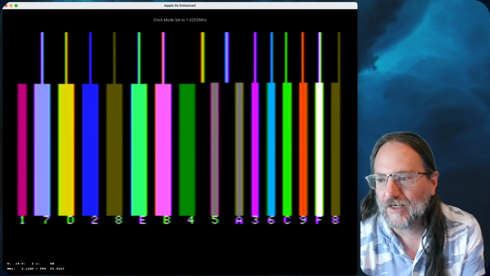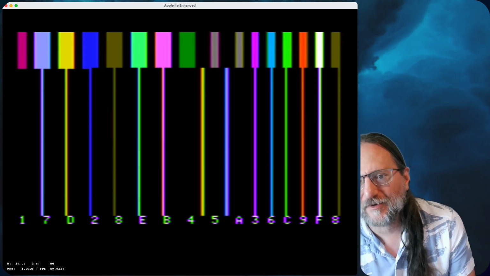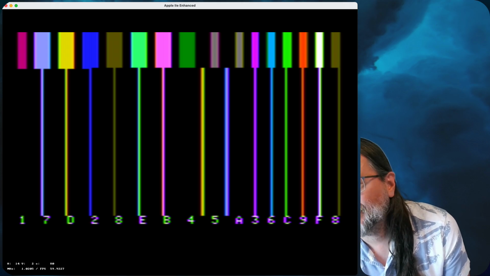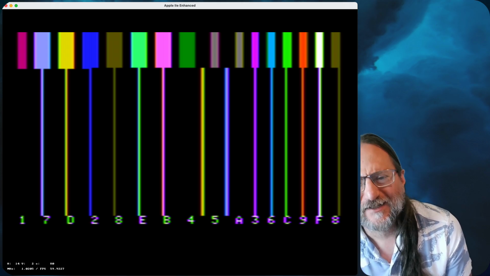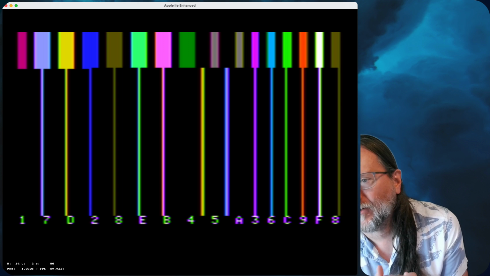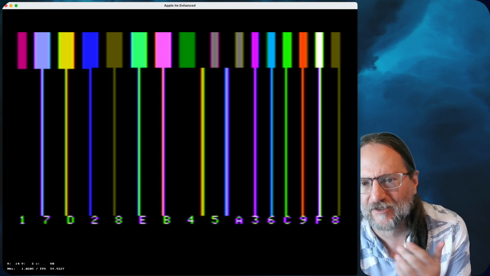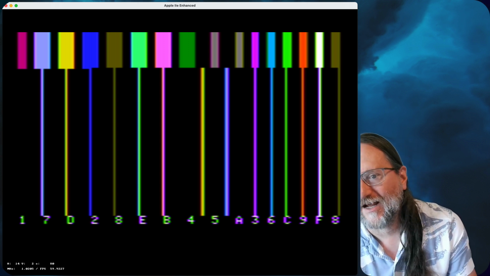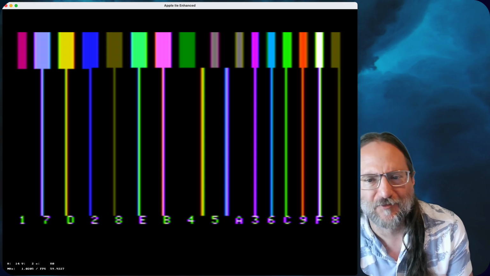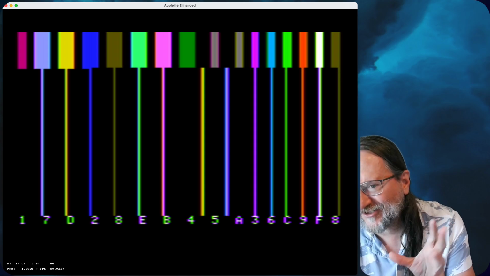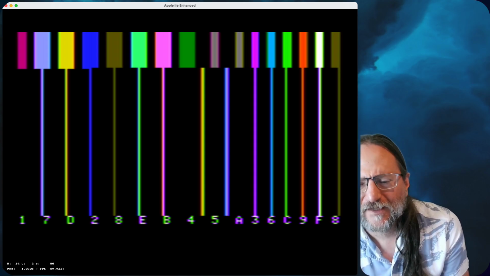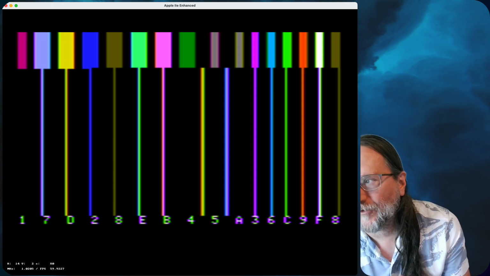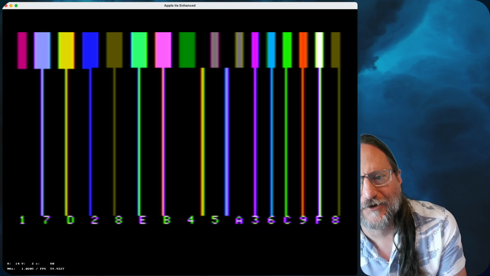So there you go. This opens up a wealth of cool demos, and even some regular software would occasionally do tricks like switching between low res and high res really fast to simulate explosions and flashes and things like that. So the cycle accurate video goes beyond just these demos.